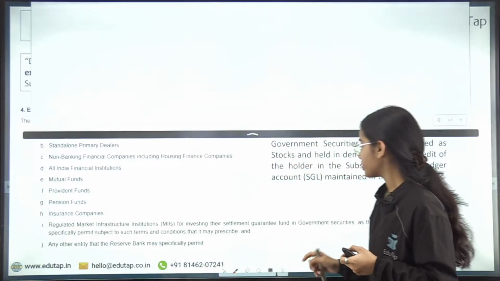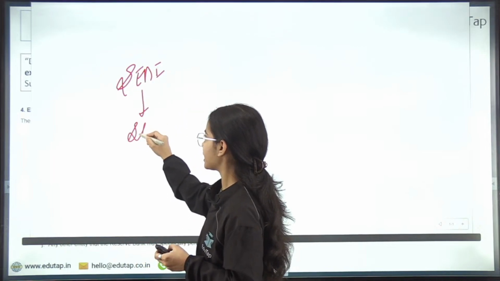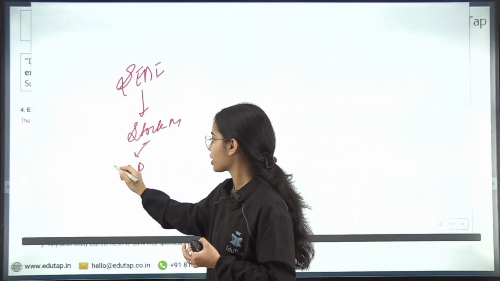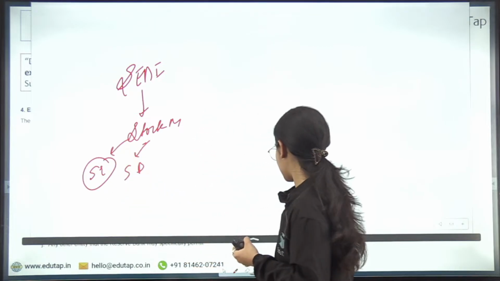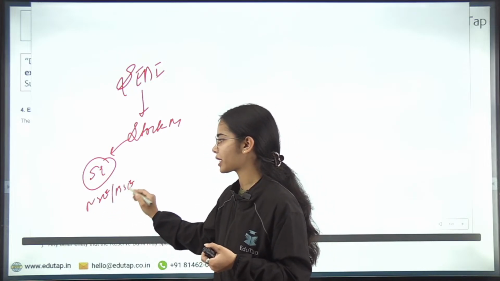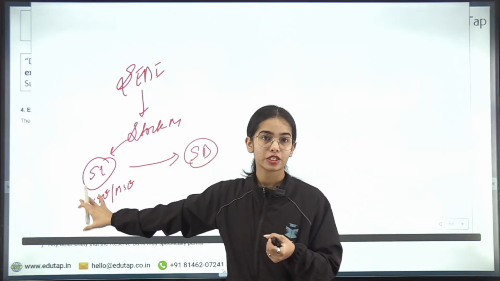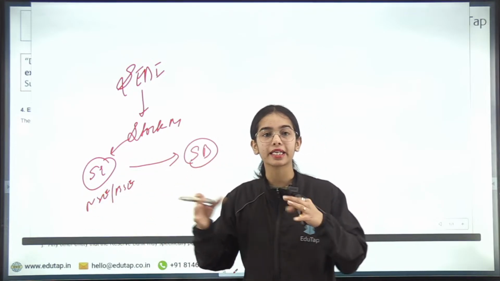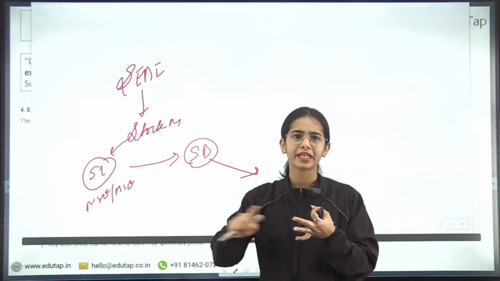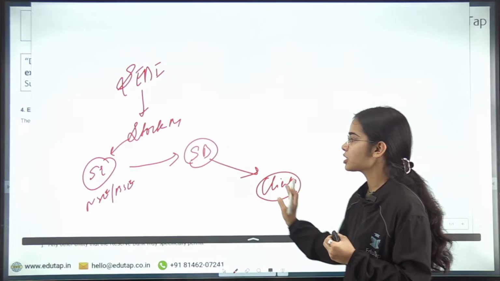Now let me tell you very briefly, if we are talking about SEBI, the Securities and Exchange Board of India, the stock market comes under SEBI, right? There are stock exchanges, that is the NSE and BSE, the Bombay Stock Exchange and National Stock Exchange. The stock brokers are the members of the stock exchanges. Stock brokers are the intermediaries connecting people with the stock exchanges. Stock brokers like Zerodha, Groww, IND Money. There are many stock brokers that are connecting the clients, or the customers, with the stock exchanges, with the